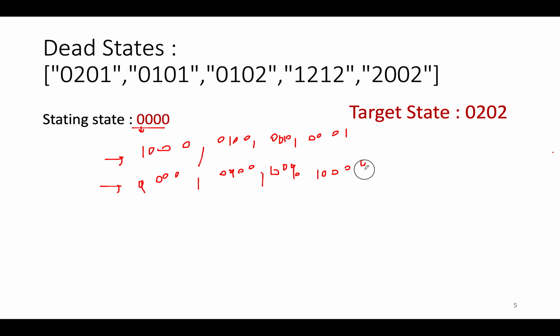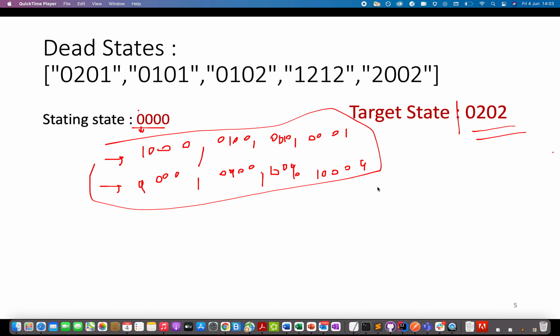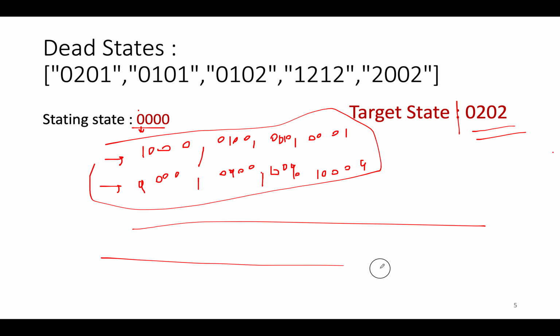I hope this state generation logic is clear to you. I am using each index for updating it by one in the forward direction, and another one in the reverse direction. Just try extending the previous logic to this extension, and you'll be able to arrive at the solution. So let's talk about how you will get to this target from all zeros.